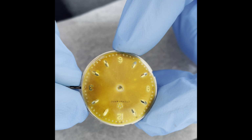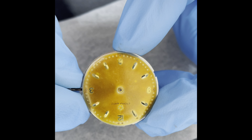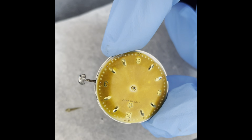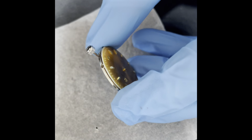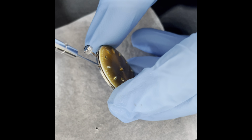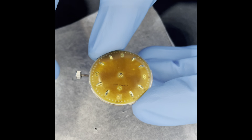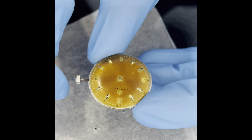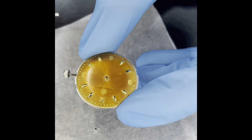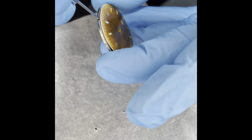Actually, looking at the center of the dial, you can see it's a bit off-center. So I'm actually going to do something which is not fun, but necessary, because I want this to be right. And that is I'm going to reshape the dial feet a little bit. So the dial feet will be straightened up, so the center here will line up in the center. To do that, I'll have to bend the dial feet, all